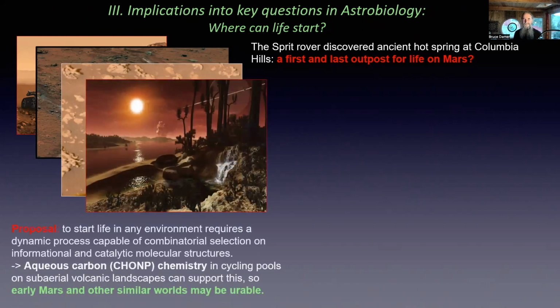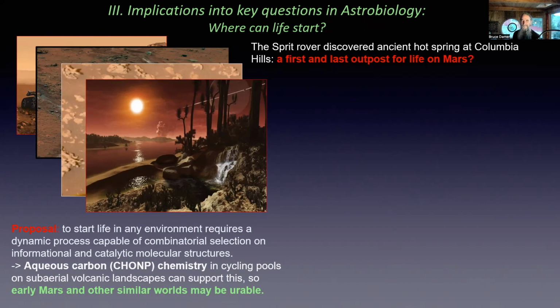So the proposal here is that after all this field work and laboratory work, we proposed in our hypothesis that to start life in any environment requires a dynamic process capable of combinatorial selection on informational and catalytic molecular structures. That you have to get things together into compartments that are polymers, species of polymer, that then can undergo processes of selection, you just have to do it. And that aqueous carbon, with all the basic building blocks,